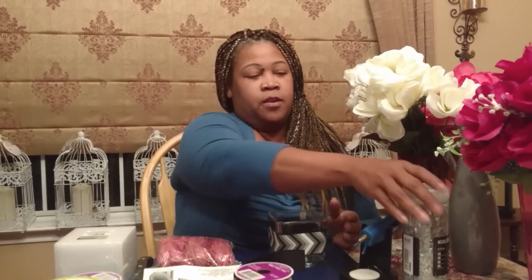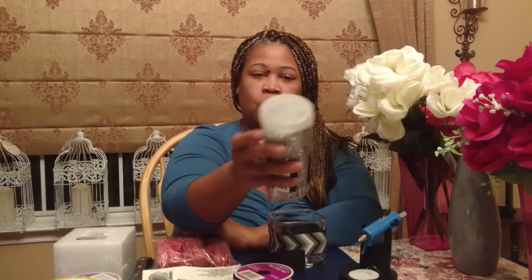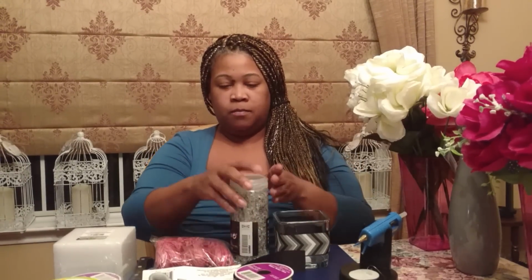Okay, and then from here, I went to IKEA probably about a month and a half to 2 months ago, and they have this crushed glass, but this actually has a mirror finish, so I'm going to use this. They had it in different colors, red, gold, and silver, and I believe they also had it in white. I know I picked up two of the colors, which would be that gold color and this silver color. So I'm just going to sprinkle some of this towards the bottom,